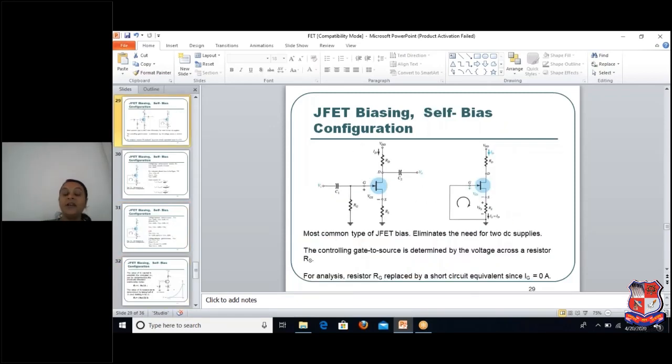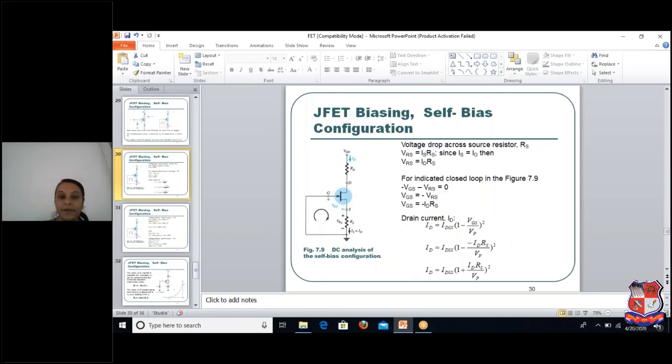These are not necessary. These are only the description which will describe, in the form of equation, how we will find the equation. So we will see here in a figure what happened. Your drain current is IDSS into 1 minus VGS upon VP. What is your VGS? We will find VGS equal to minus ID into RS, okay, because VGS is applied according to here.